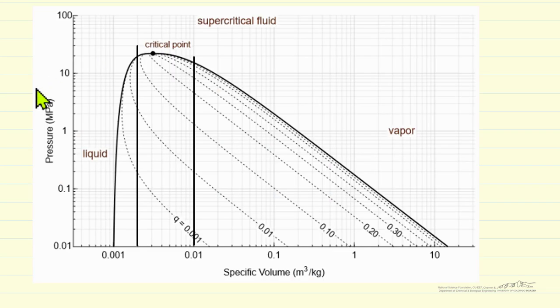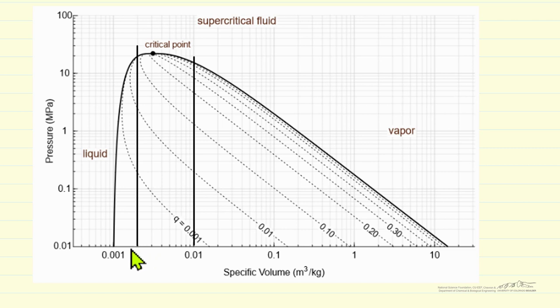Here's a log pressure versus log volume plot for water. In our first condition, 15 grams was added, giving a specific volume of 0.01 cubic meters per kilogram. As we raise the temperature and pressure by adding heat, you can see we're crossing quality lines, larger and larger values, until we get to this point where now we have saturated vapor, and above that would be superheated vapor. In contrast, when we start with only 3 grams, so 0.002